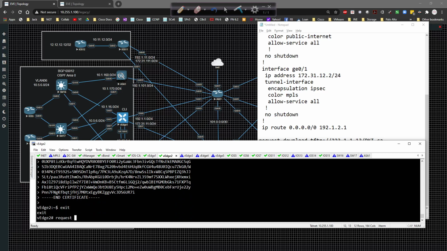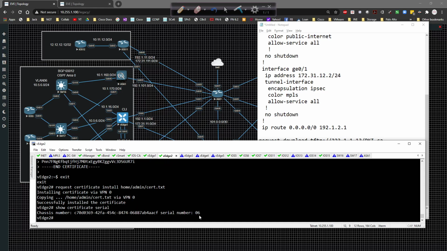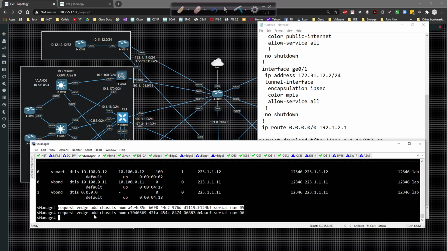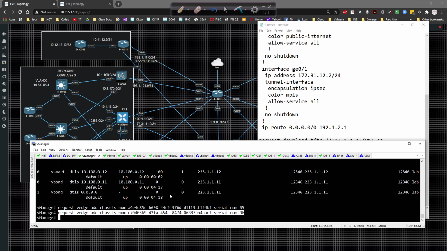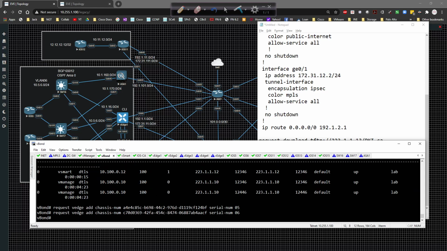and then request certificate install home admin cert.txt, and then show certificate serial. So now we're going to be 06, so I'll just basically take this information right here. Request vEdge add chassis number, and then the chassis number here, and then serial number 06. Enter key. Grab all that, go back to vBond, paste that in,